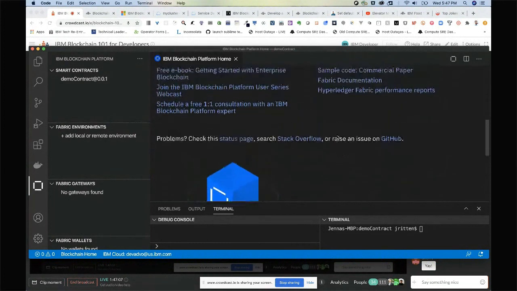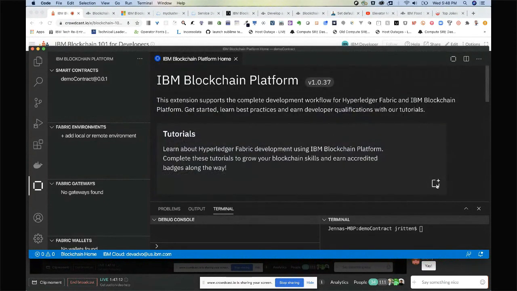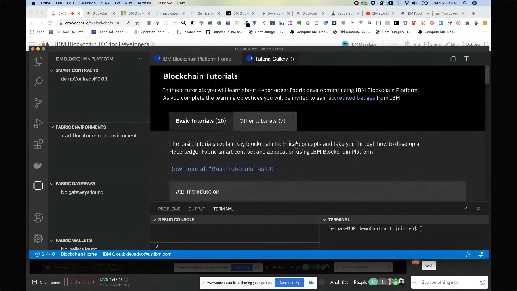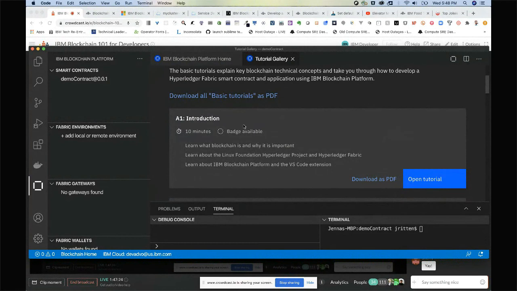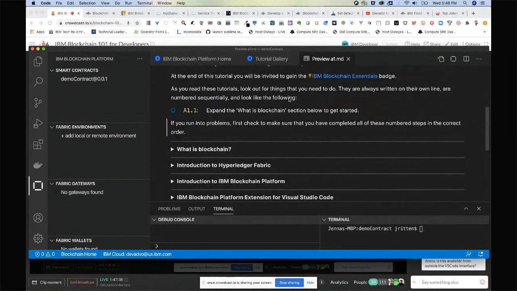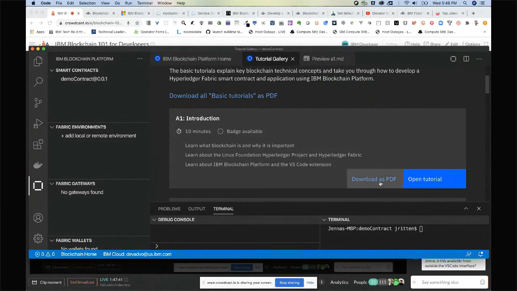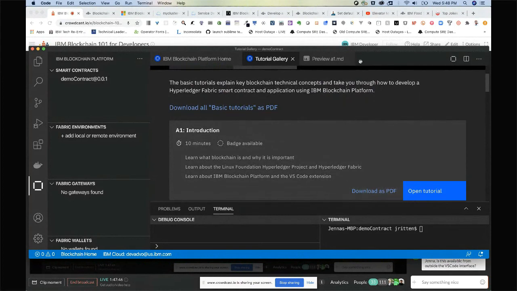So what I wanted to point you all to is this tutorials at the top. So if we click here, we have 10 basic tutorials and 7 other tutorials. So we have tutorials that you can earn badges for as well. This is available from outside the VS Code interface. You can download it as a PDF, and when you open the tutorial, it's going to open from within the VS Code extension view here, but you can download all of them as PDFs as well if you want to access them outside the VS Code